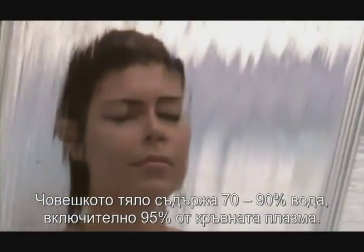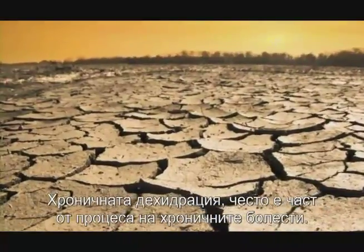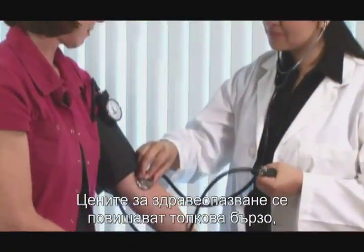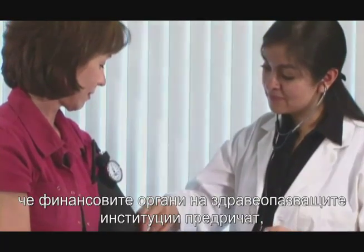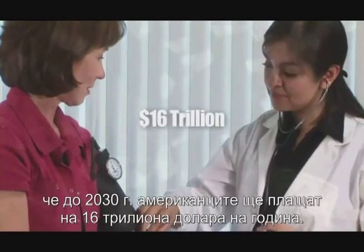Water makes up 70 to 90% of the human body, including 95% of blood plasma. Many health authorities recognize that dehydration is one of the most common causes of illness. Chronic dehydration is often part of a chronic disease process. Healthcare costs are spiraling so quickly that the Healthcare Financing Administration predicts that by 2030, Americans will pay over $16